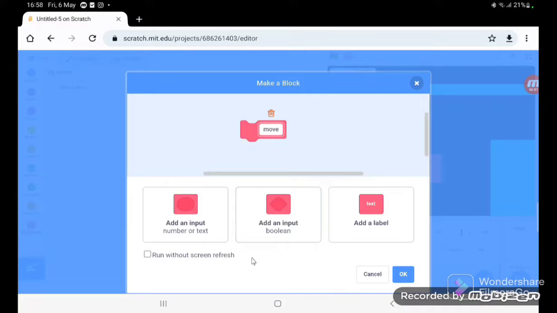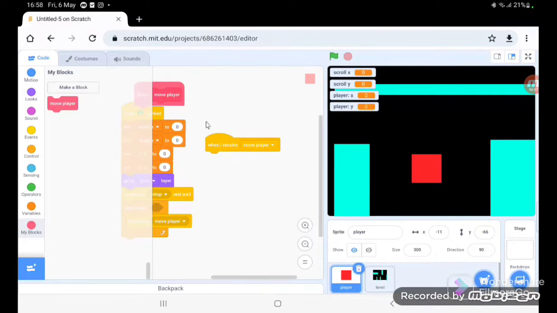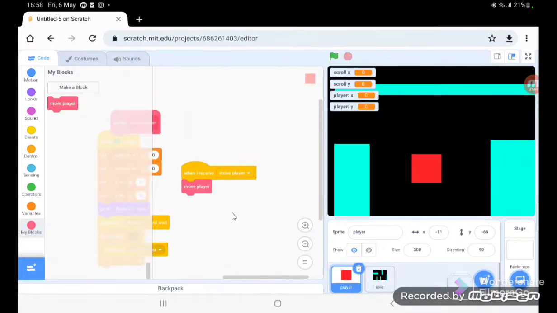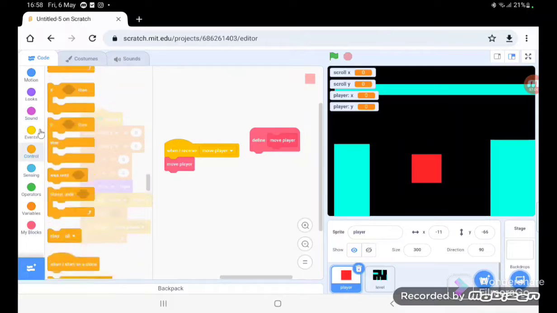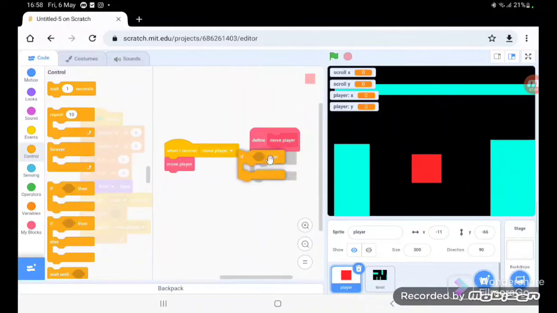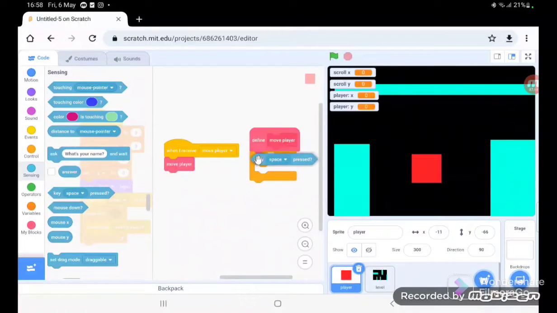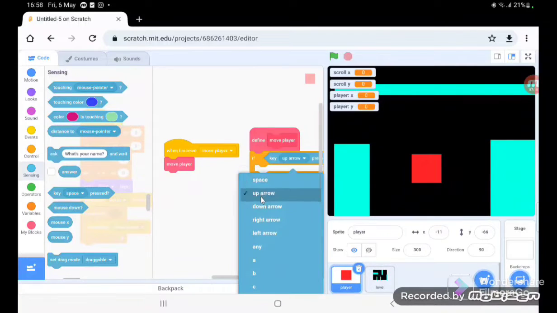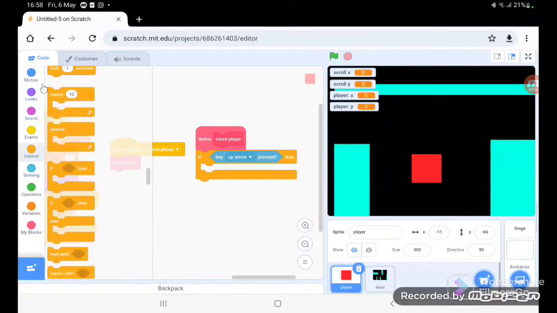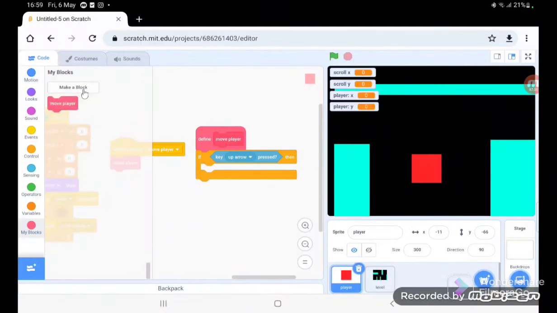Remember, we don't really want it fast, so just move player here. That's why we're not gonna take the run without screen refresh. So put move player here, and take this move player, make if then. I'm just gonna put the first if then when up arrow key press. And from when the up arrow key press, let's make a new block